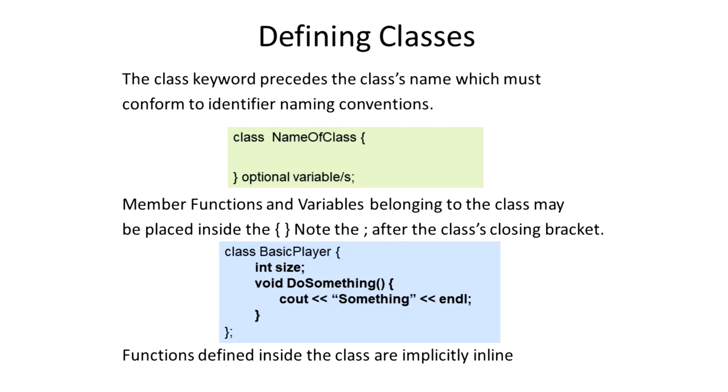Okay, so if you know your objects and you have a list of predefined ones ahead of time, and you want to declare them, you can do so at the end of the class declaration, in between that last brace and the ending semicolon. Okay, and the final point to note is that functions defined inside the class are implicitly